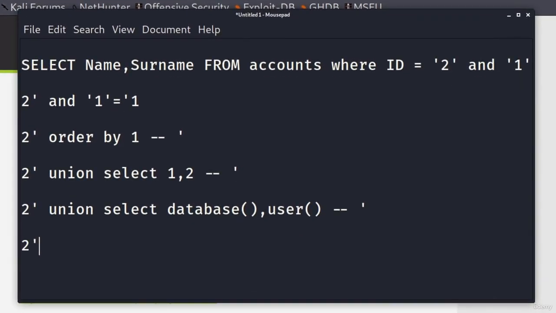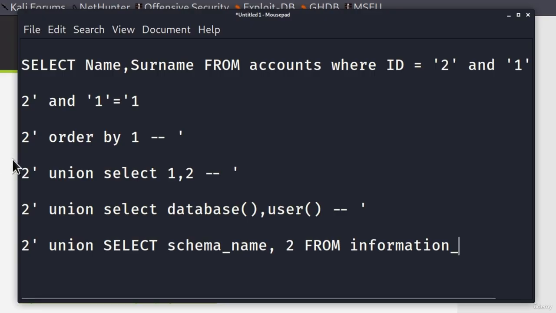So after this, we once again start with 2 and then union select. These select statements you can also type in capital letters. It doesn't really matter. You can type capital or lowercase letters. What matters is that you type the correct command syntax. So right now we're going to call for schema underscore name, comma 2 from